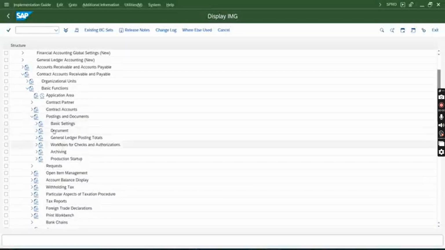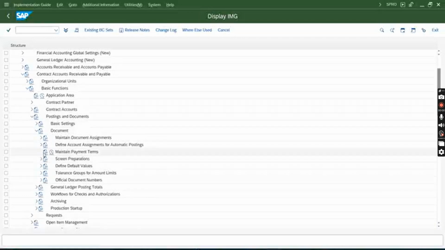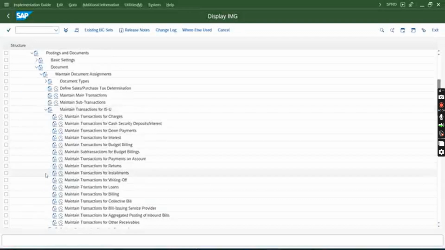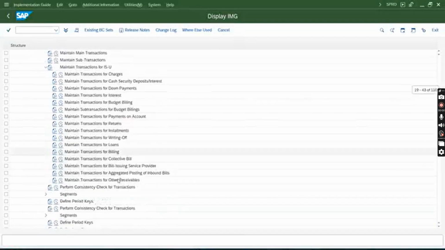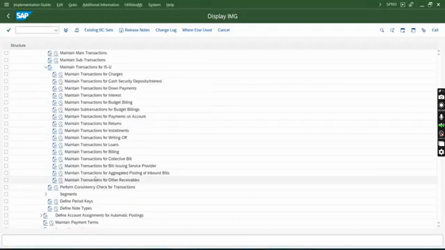Okay. Document, maintain document assignment, define transaction for ISU. Here in the other receivable I can do it, or do I have a dedicated note for reversal reset clearing? I don't have, but anyways I can do it from other receivable. Okay, so let's see, do I have 600 already configured? How can I check this? Other receivable,